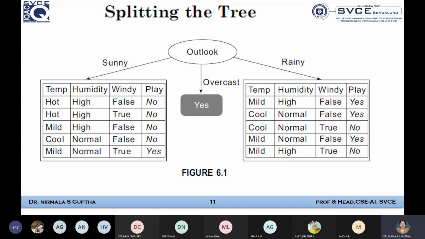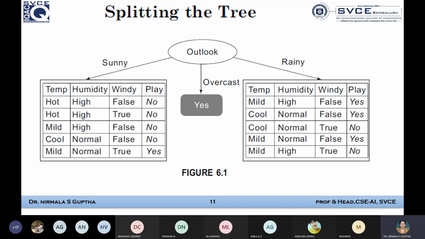Now sunny alone is the parameter, but we have to find out the next level nodes. That means we need to determine the nodes for the tree branched as sunny. So under sunny, I need to derive. What are those values? Based upon the temperature, the humidity and windy. But here, first we take the temperature. I have to check whether the temperature is hot, mild, cool. So from the perspective of the data from sunny, what values am I going to get?